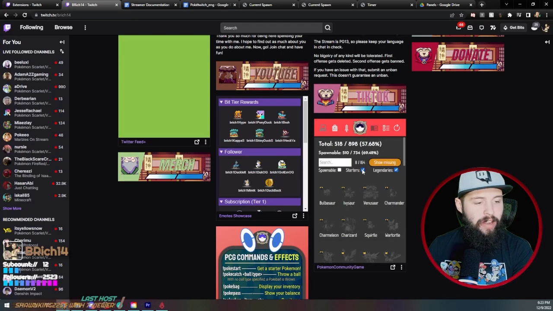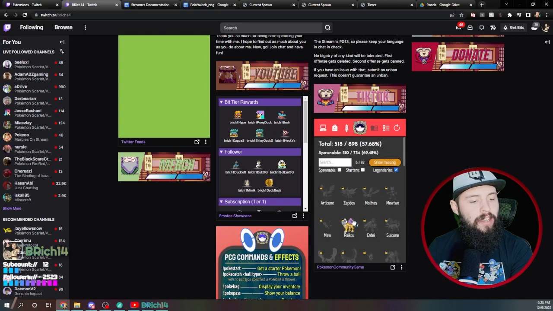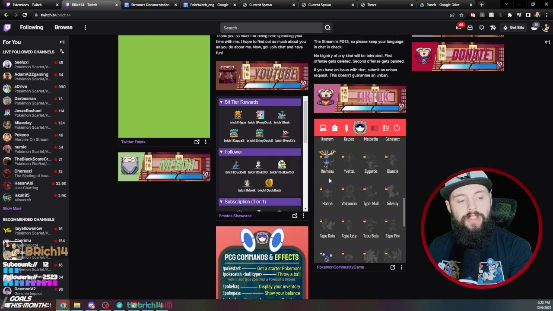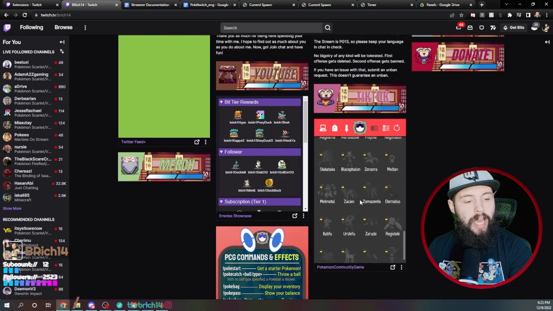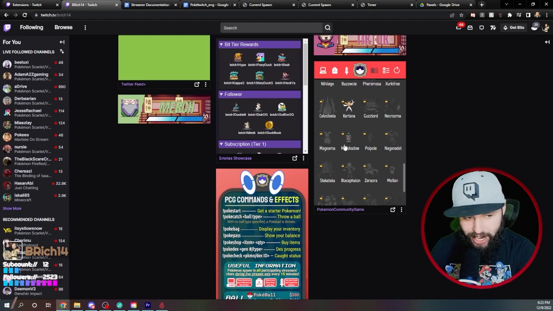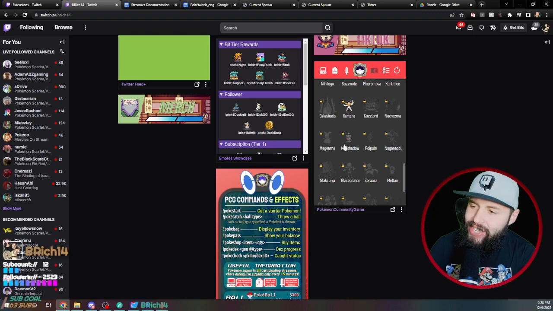Then we can add our legendaries back in, which come with a lock. And you'll see I do have a Raikou. And if we scroll, I have a Xerneas, I have Cosmog, Kartana, and no, Marshadow. There they are. Mythicals are in here. I was looking for my Marshadow, which is shiny, even though you can't tell.